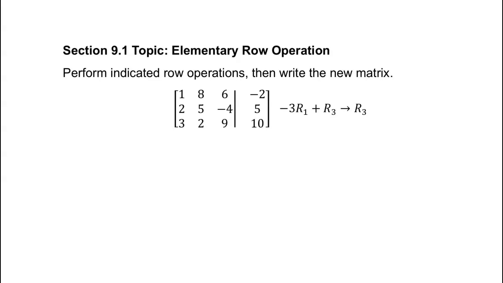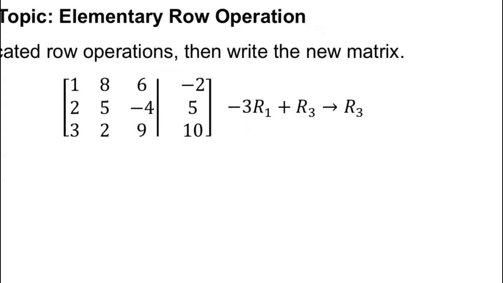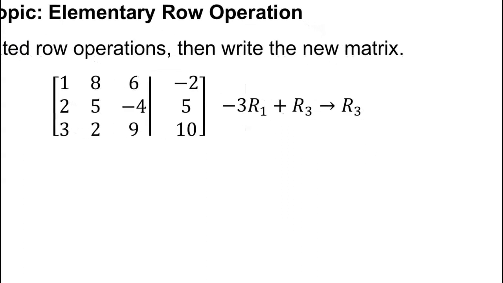This video is for Nova Online Math 161, and today we're looking at section 9.1, Elementary Row Operation. Perform indicated row operations, then write the new matrix. So we have this augmented matrix to solve for a 3x3 system, and the operation is telling us to first